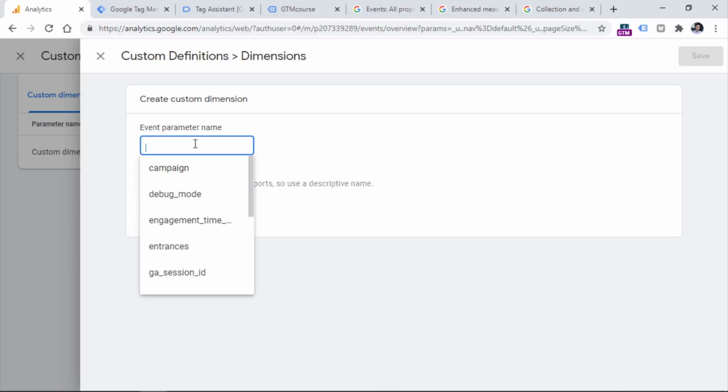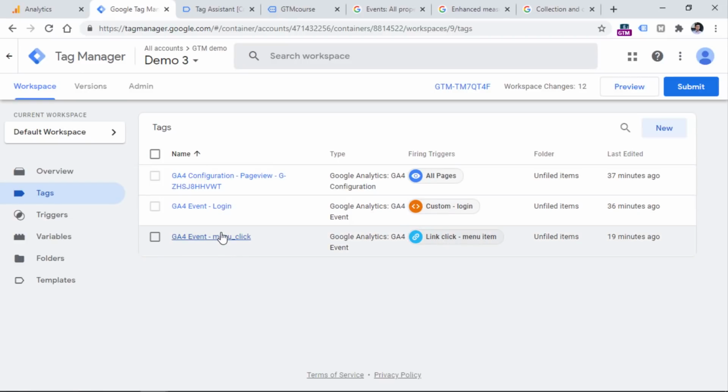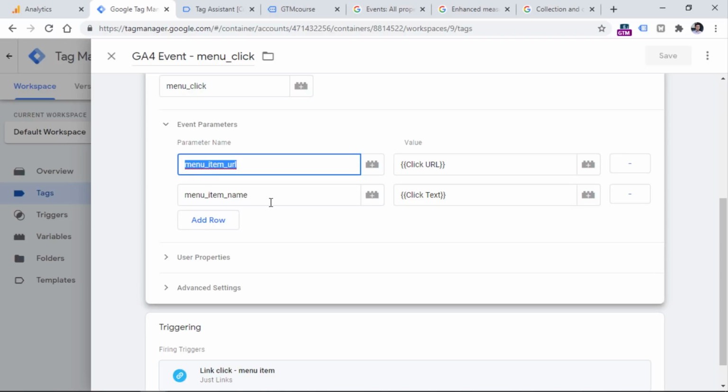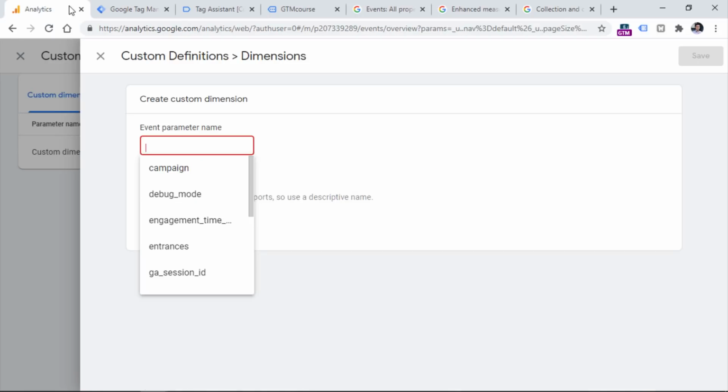And then I need to enter the parameter name. Since I have sent 2 custom parameters with the menu click event right here, which are menu item URL and menu item name, I need to create them as custom dimensions in the Google Analytics 4 property. And you don't have to wait for 24 hours or so just to enter that parameter name.